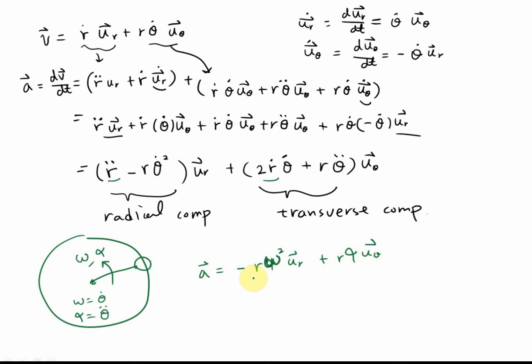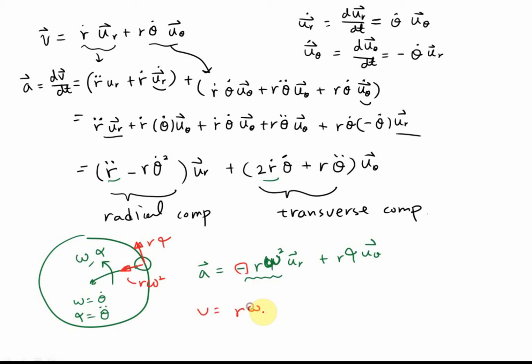That means you have acceleration along the radial direction with a negative sign. So when this is rotating, you have acceleration in this direction, which is r omega squared. And you also have acceleration along the transverse direction, which is r alpha. And then I told you that we know the